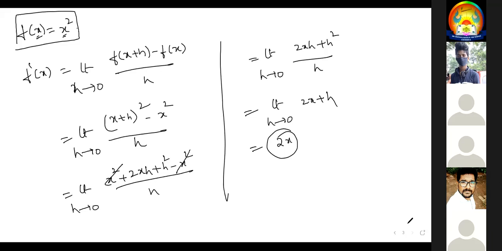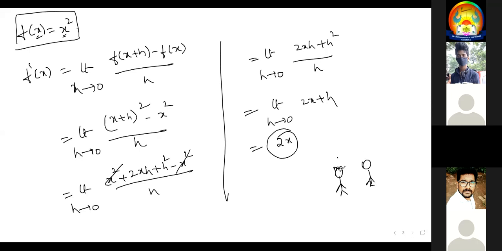That's called derivative. But whenever you are calculating the derivative, it is not for years and years, hours and hours, it is for seconds and seconds. Now next second, now next second. How will the increase be? That is called derivative. We will not calculate what is your height today and tomorrow. Not tomorrow, today and the next second. Maybe in humans there is not that much, but when we are talking about a plant or a seed, every second there is some growth. How much it is changing, that itself is called derivative.